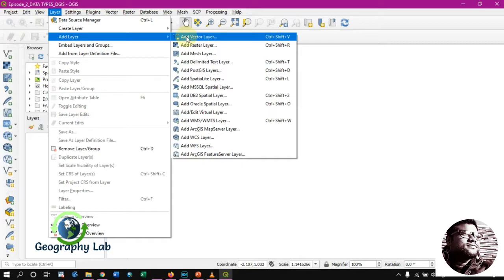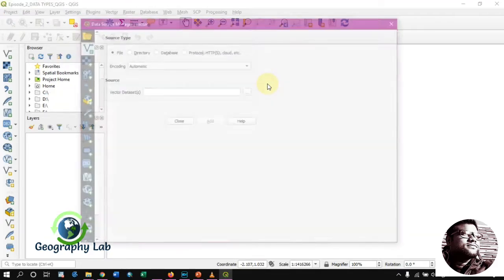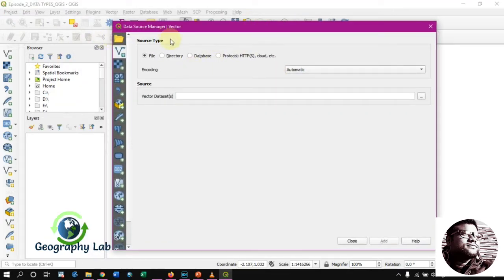There is also another shortcut, Control Shift V. If you press these three keys together, it will automatically pop up the window for vector layer addition. This is the window where we have to select the source type. Generally, from where you want to import the data: file, directory, database, or protocol.